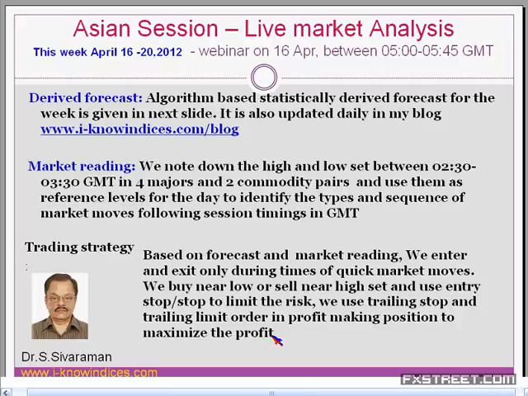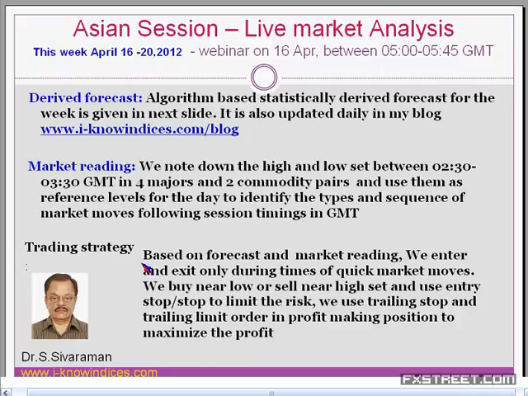In the event the market is making an extended move beyond 2 hours, if you identify that, then we simply close the original buy position and hold the sell position, try to maximize the profit and book the profit during the early third session. So at the end of the day, we square up the positions. That is one type of trading strategy.